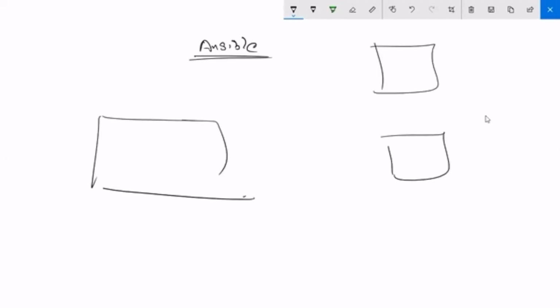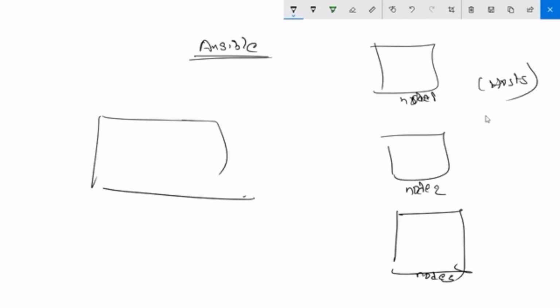So, in Ansible, we have a server and nodes, or you can call them hosts. This is node 1. The official term is host, but you can call it node as well. That's not an issue. Node 2, node 3, or you can call this host. So this is your Ansible server, where you install Ansible.